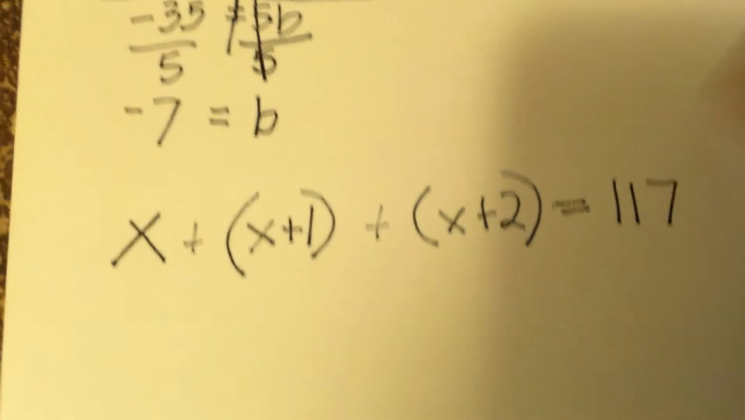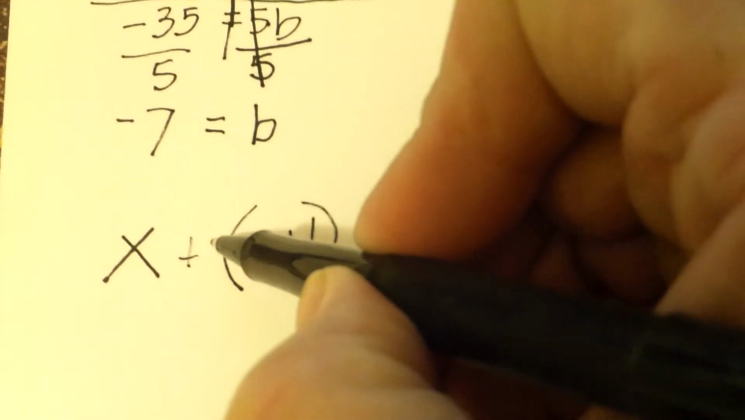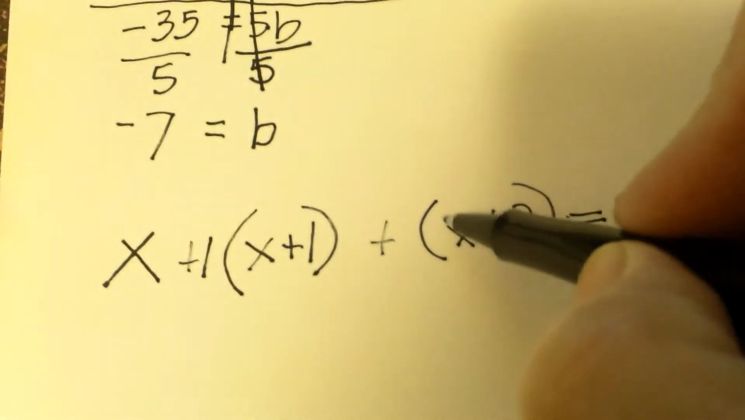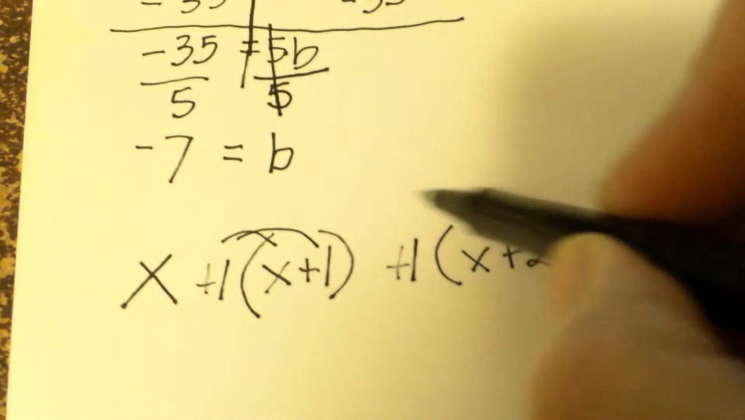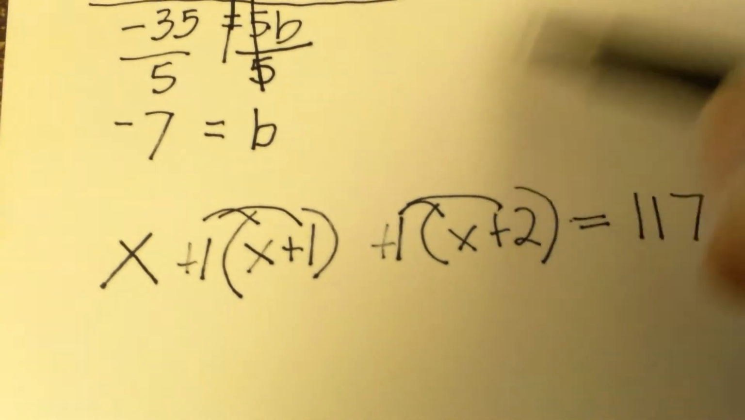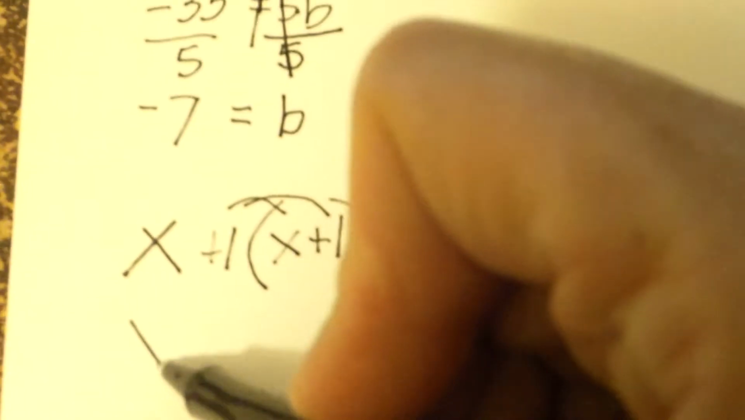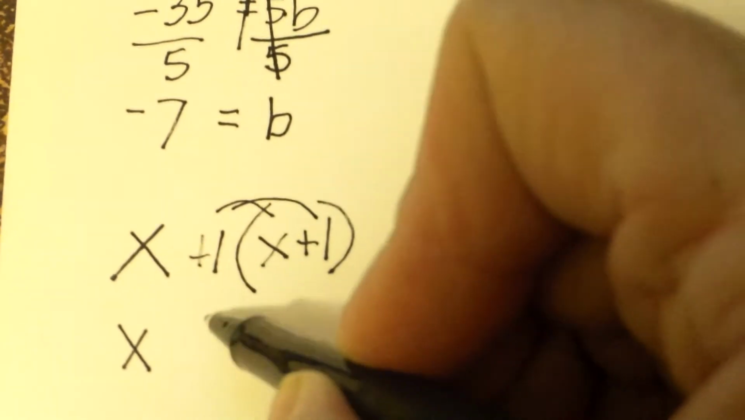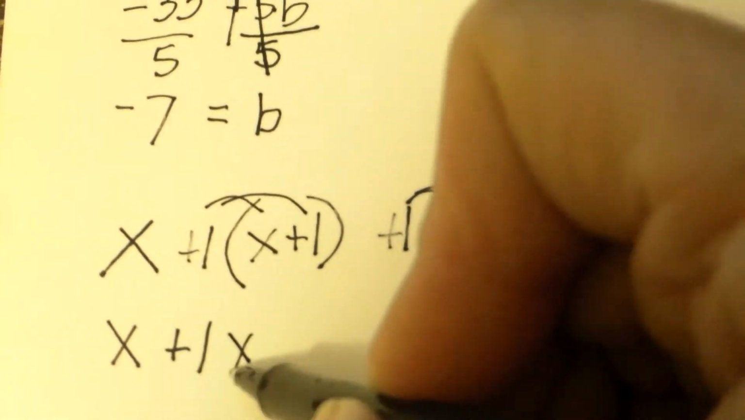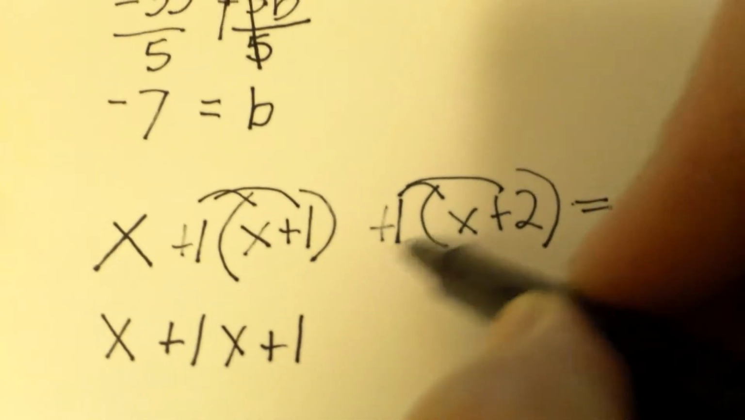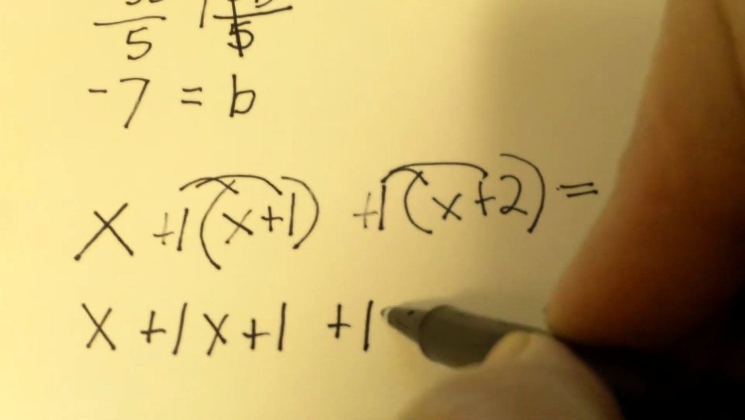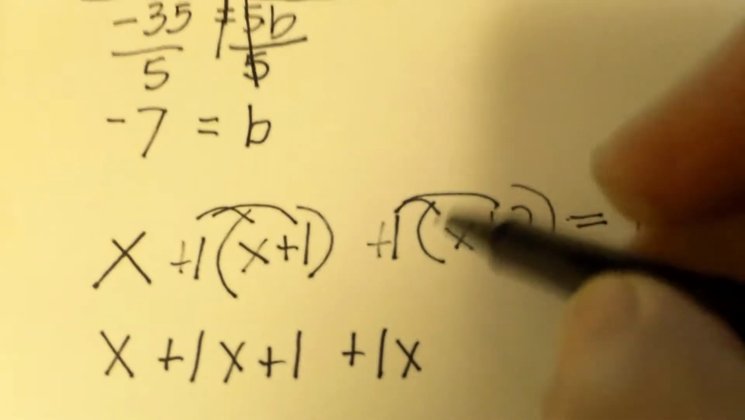Well, I can solve this. How do I get rid of my parentheses? I'm going to distribute a positive 1 here and here. So I have my first x plus 1x plus 1 plus 1x plus 2